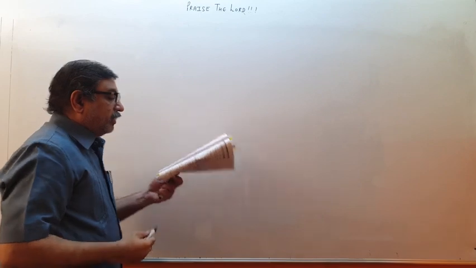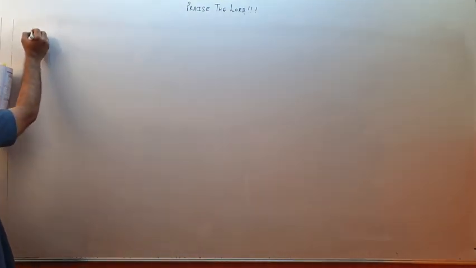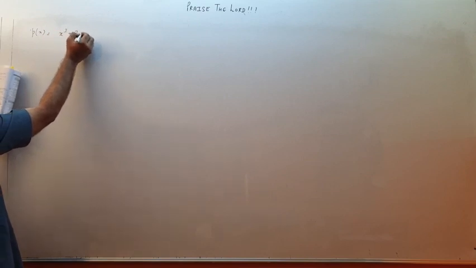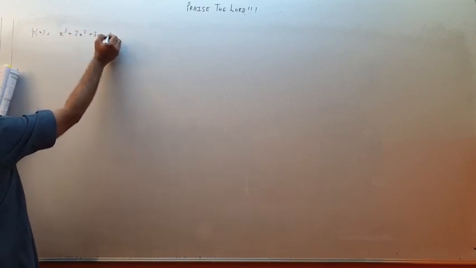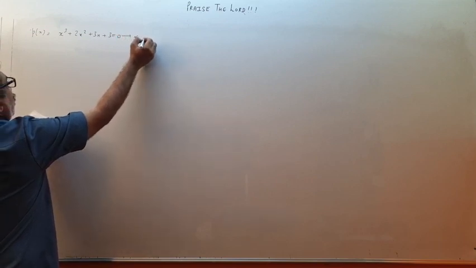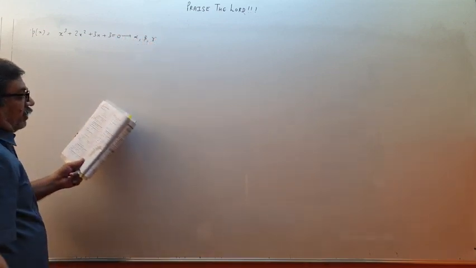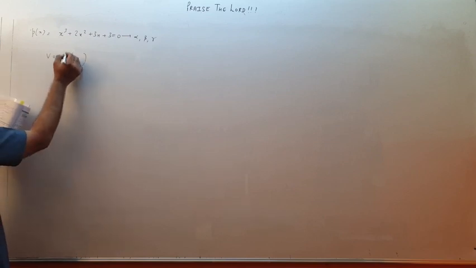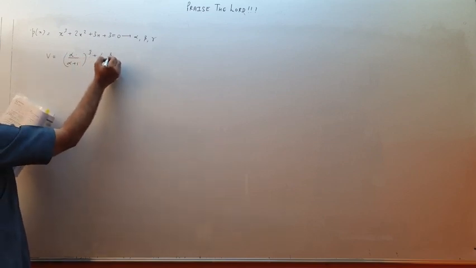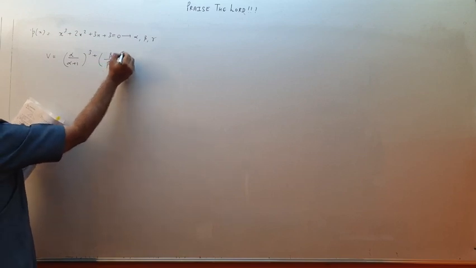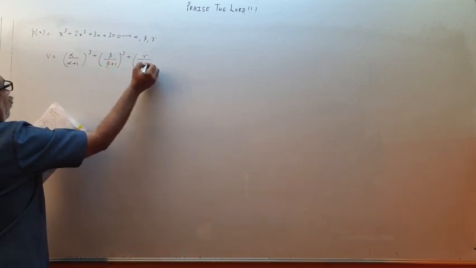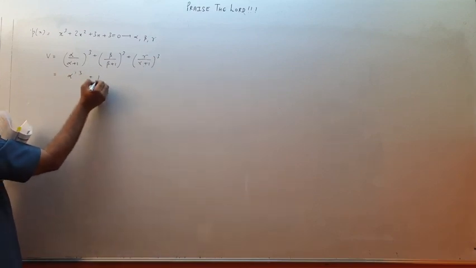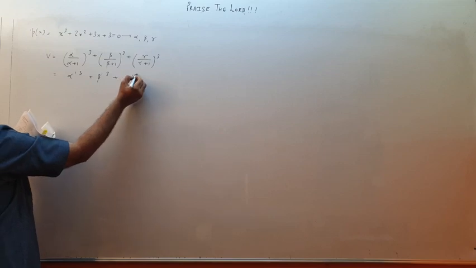Look children, we are given px equal to x cube plus 2x square plus 3x plus 3 equal to 0. Its roots are alpha, beta and gamma. We want to get the value of alpha upon alpha plus 1 whole cube plus beta upon beta plus 1 whole cube plus gamma upon gamma plus 1 whole cube. Or we can see we want to get alpha dash cube plus beta dash cube plus gamma dash cube.